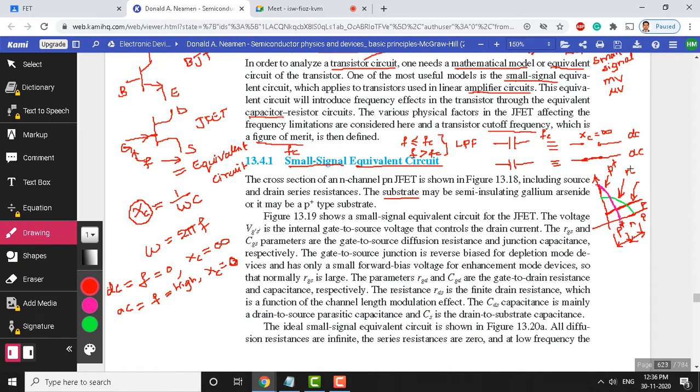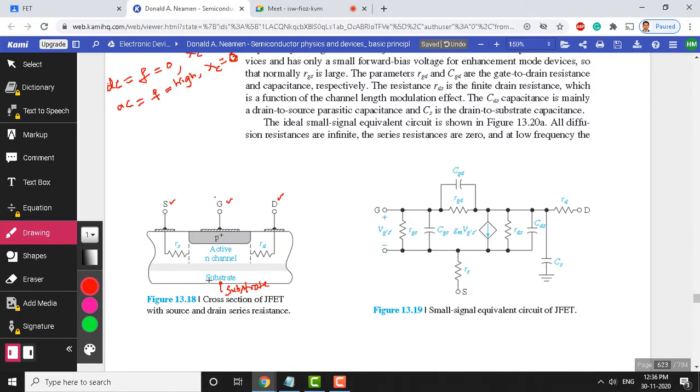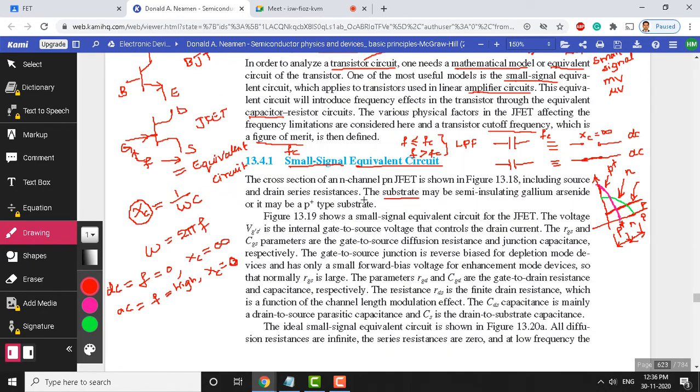Here the background material is P. The wafer will be of the P type or N type. On top of that we will diffuse N type semiconductor material, and again P plus type semiconductor material. That forms a transistor. Likewise here also you can see we have a substrate. We will start with either an N type or P type substrate. In this example we have taken a P plus substrate, as told in the introduction part.